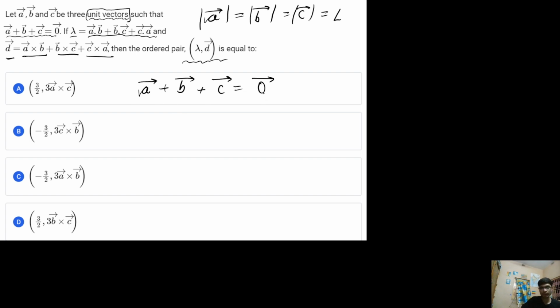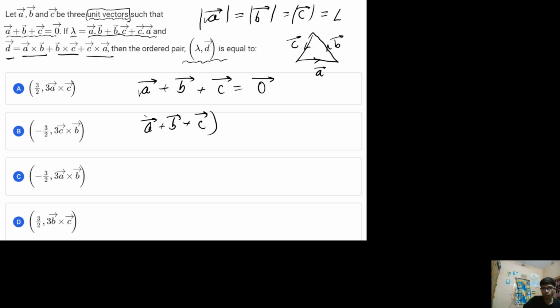And this particular condition implies that these vectors make up a triangle where the arrows are directed towards each other. So if this is A vector, this is B vector, this is C vector, then these 3 vectors form a closed triangle. Okay, so from here if I do one important thing,